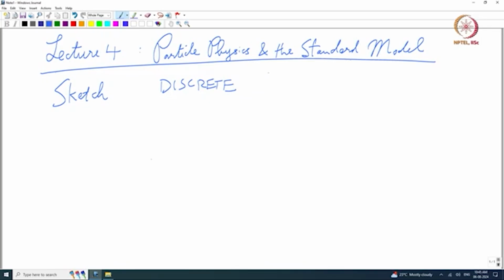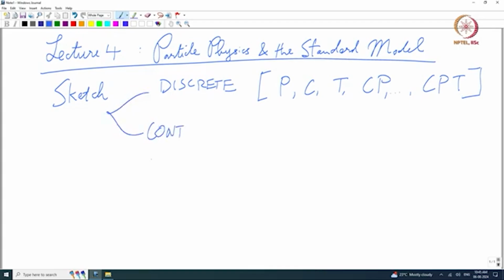What do you mean by discrete symmetries? Operations like parity, charge conjugation, time reversal, some combinations of these, and we will see what it means to put all of them together. Okay, CPT. And obviously the complement is continuous symmetries, which can be further classified